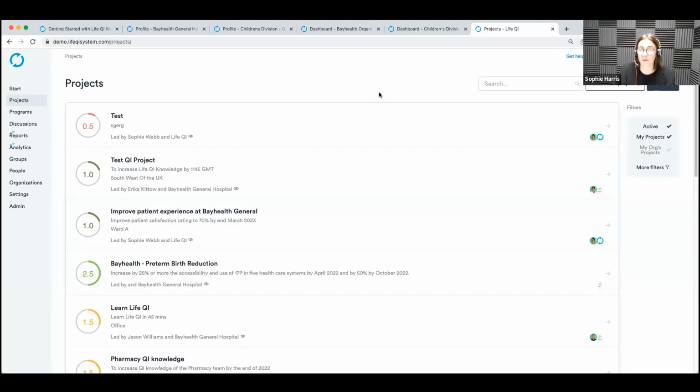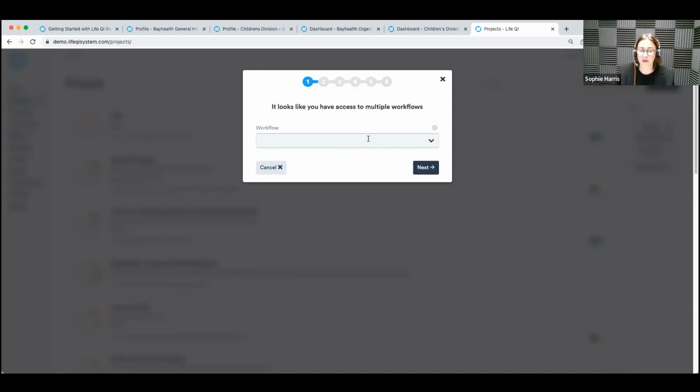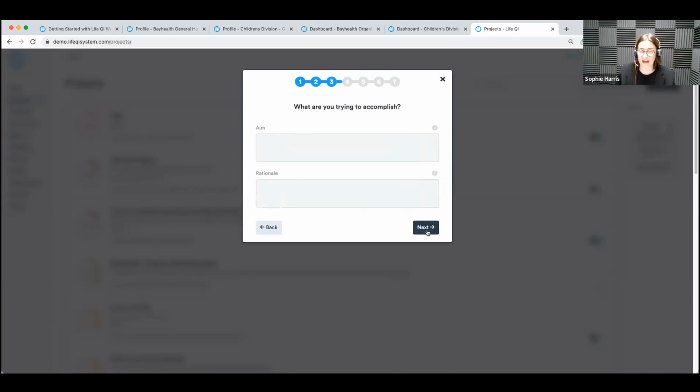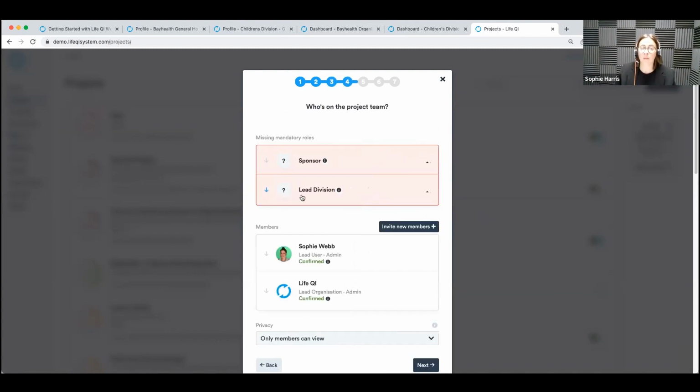Now, it's probably worth having a look at how that would look if you do have governance workflows within LifeQI, which is a different set of functionality to the standard. So let's have a look at this one here. So it's exactly the same. We come through and we create our project. But now having our governance workflows on the system, what that's enabling me to do is